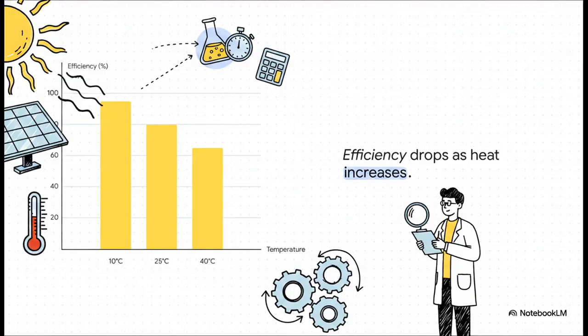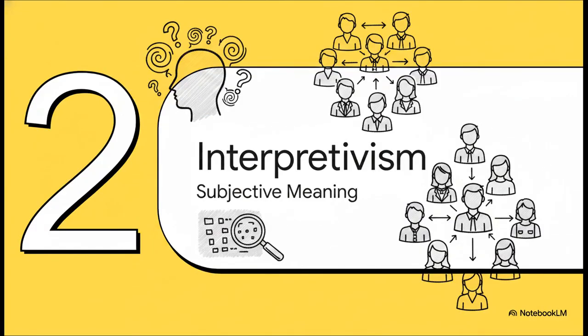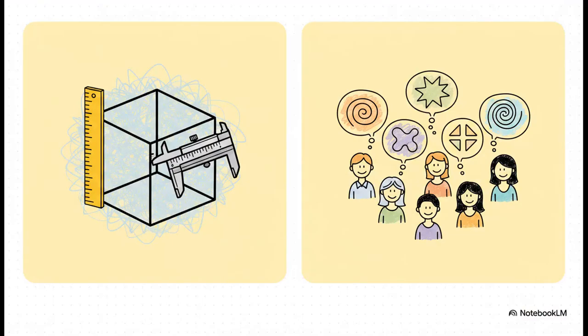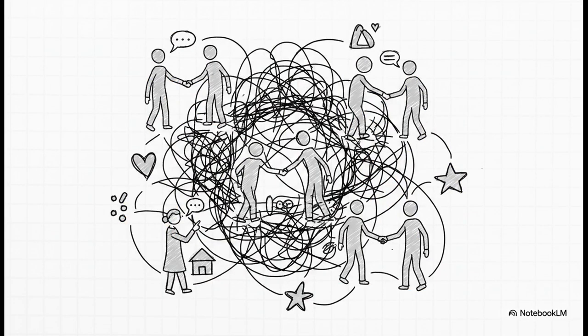Moving right along to Section 2, Interpretivism, Understanding Subjective Meaning. But wait, what happens when you aren't studying solar panels? What if you're studying people? Where positivism is all about objective, measurable, and generalizable truths, interpretivism completely flips the script. It argues that truth is highly subjective, it's heavily focused on personal meaning, and it is entirely dependent on context. Under this paradigm, the researcher's goal shifts away from measuring some cold, hard universe to instead deeply understanding human perspectives from the inside out. You see, interpretivism is based on the idea that reality is socially constructed.